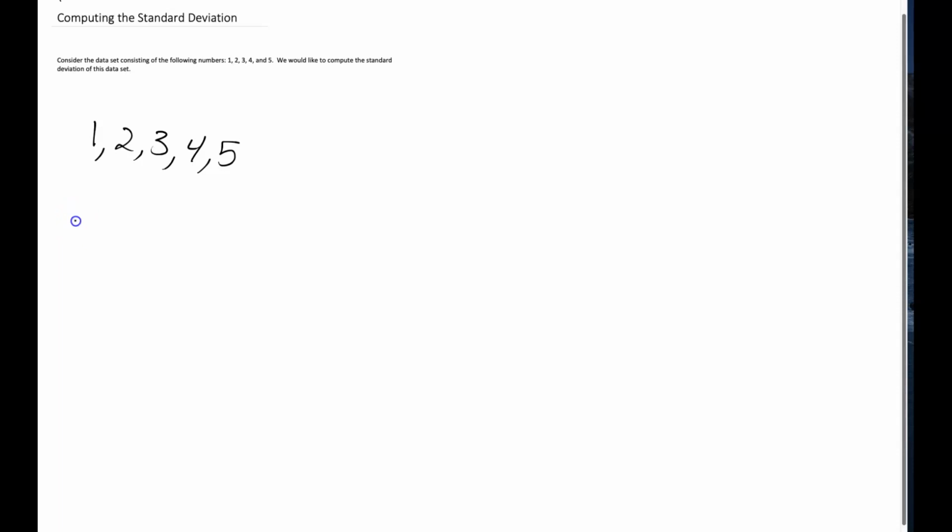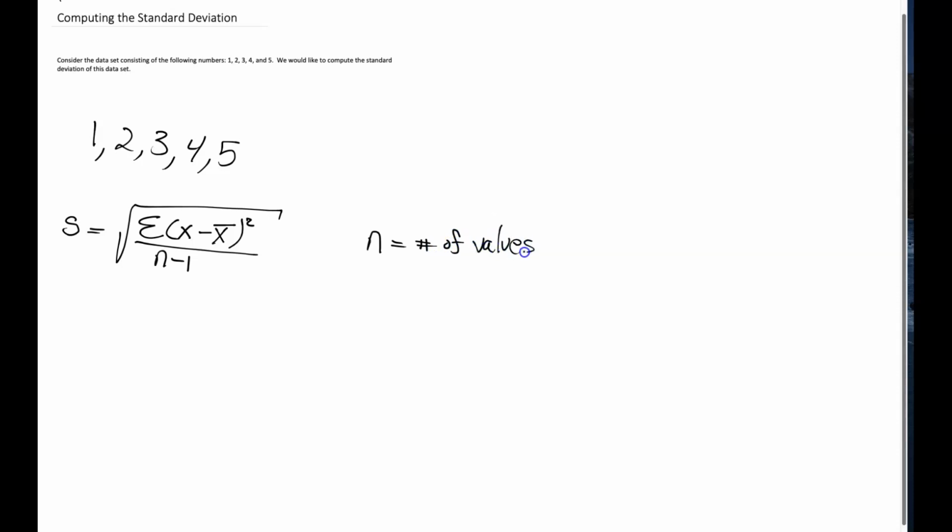So the standard deviation equation is S equals square root of the sum of the values minus the mean quantity squared over n minus 1, where n is the number of values in the data set,